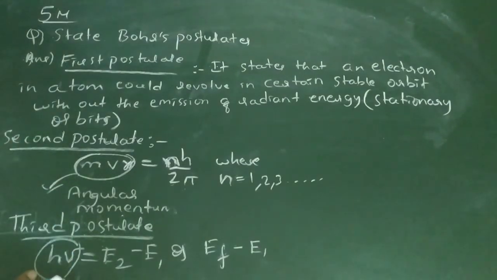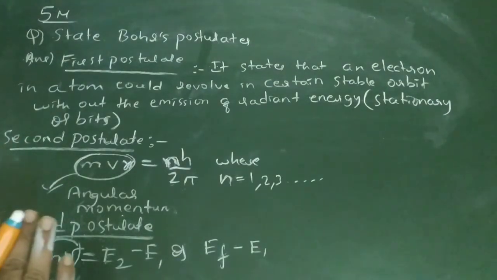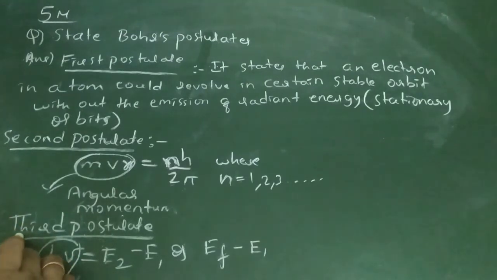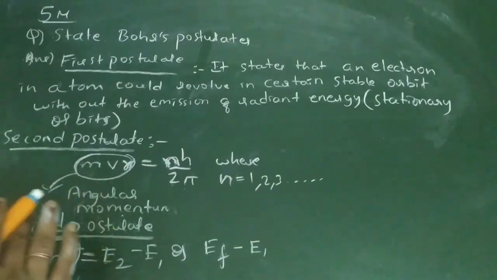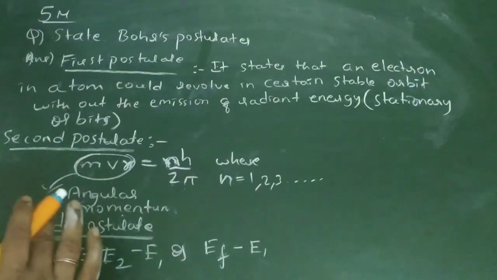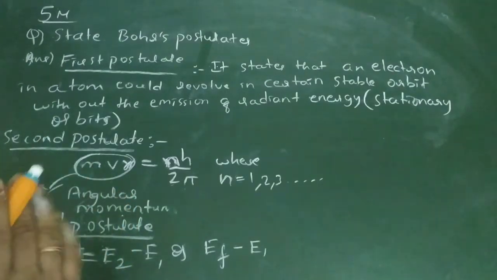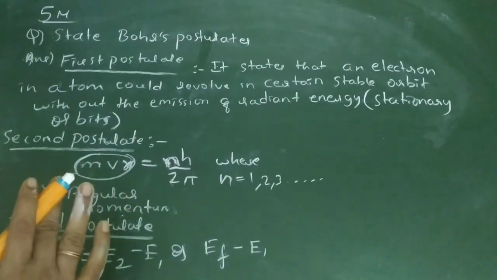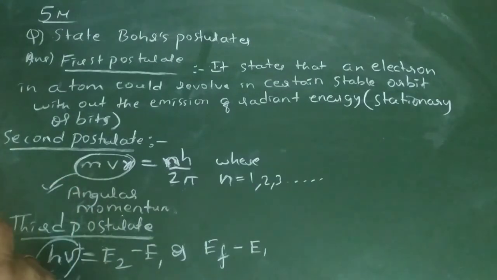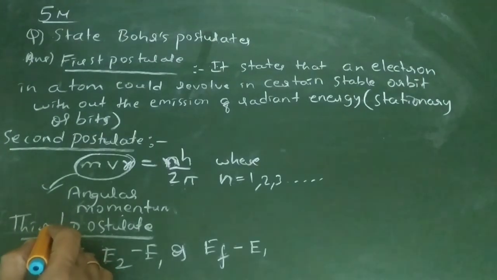So these are the three points. Bohr's postulates means only three. If you know these things and cover some other atom topics, these are some expected questions for 5 marks. I have solved these in this video. Expected from the model question paper, I have solved for 1 mark; they can ask anything. For 5 marks we have solved nearly 4 questions. This can also be asked for 5 marks with some extended question. Please go through these things so that you can score good marks.